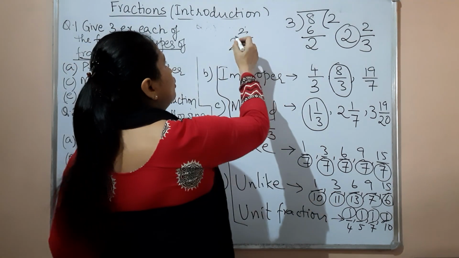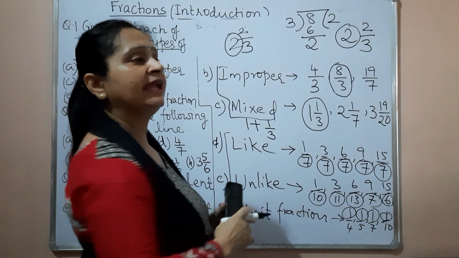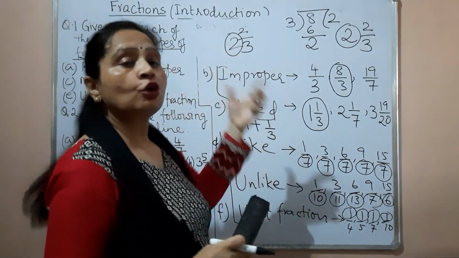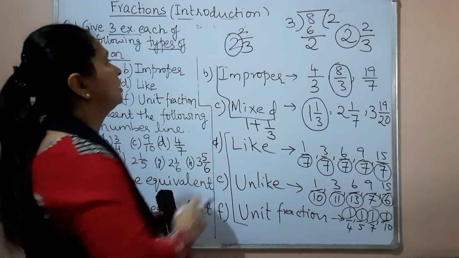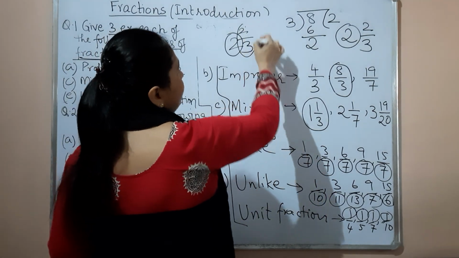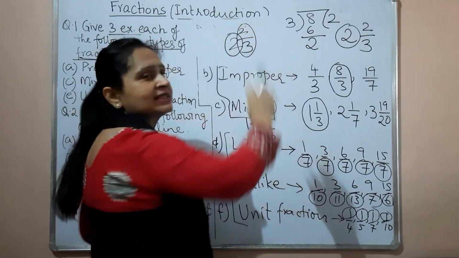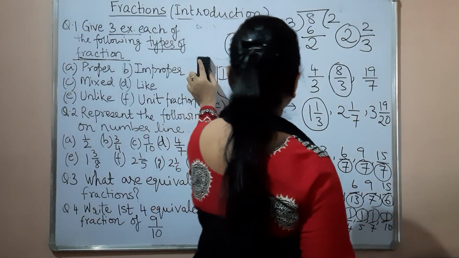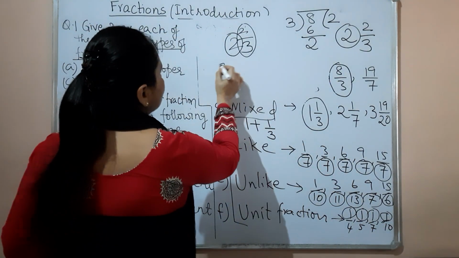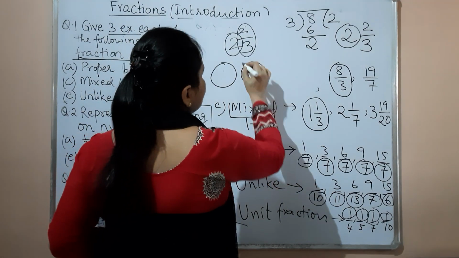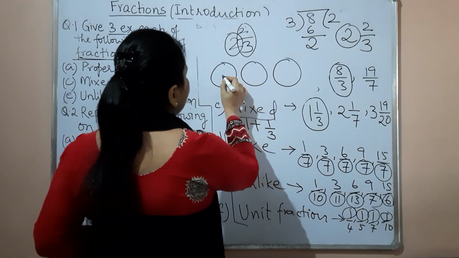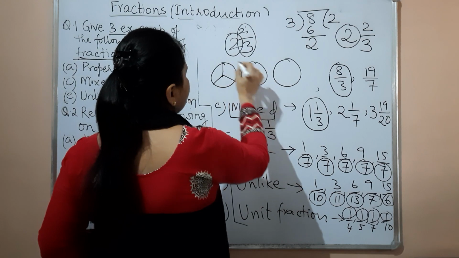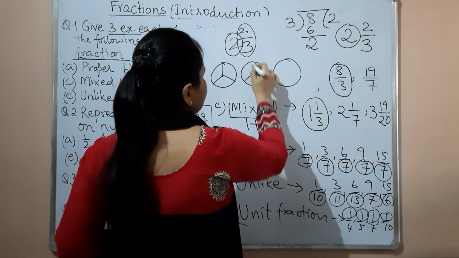That means 2 are complete. Suppose you gave cake: in the cake, you gave 2 whole cakes, and from the third cake you made 3 pieces and gave 2 pieces. Alright, now see, we can understand this in one more way. Suppose we have cake 1, 2 and 3, and if you divide the cakes into 3 equal sized pieces,